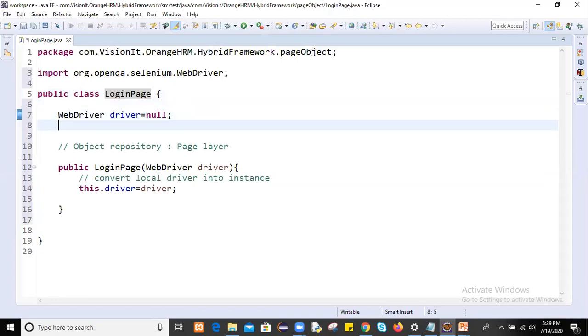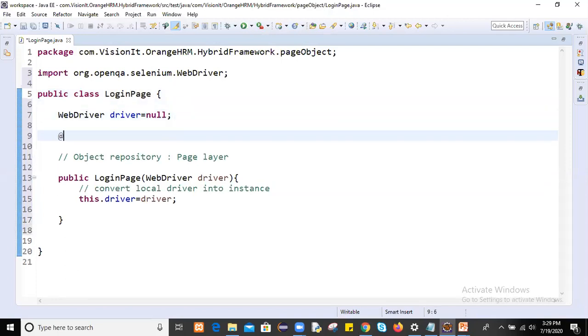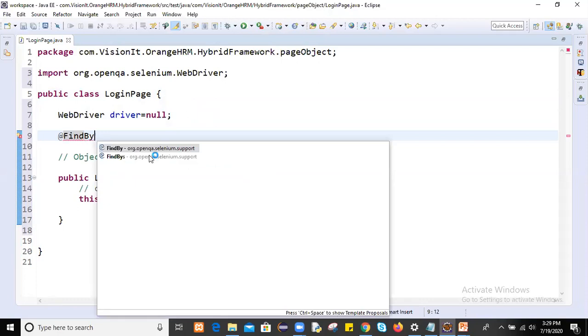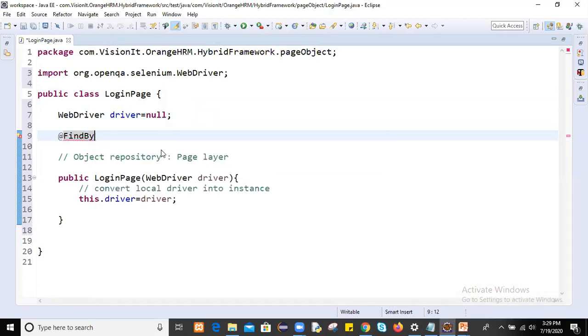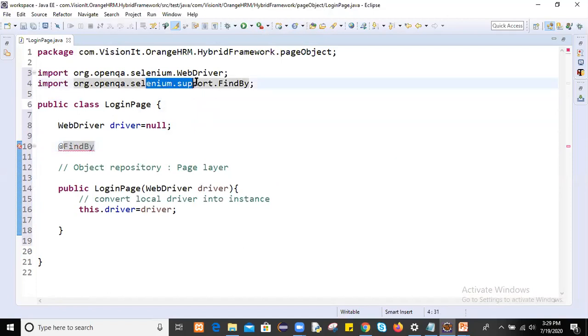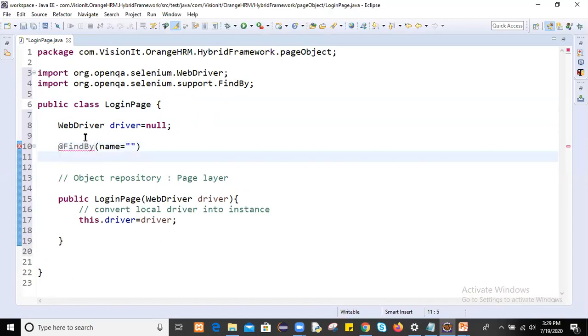Now, how to load? We have the @FindBy annotation. We have to import this @FindBy annotation from the org.openqa.selenium.support package. This is the class. So here we can find based on name, based on id, or based on xpath.